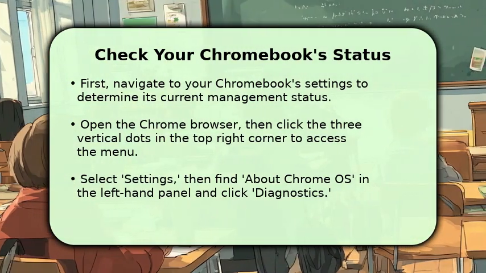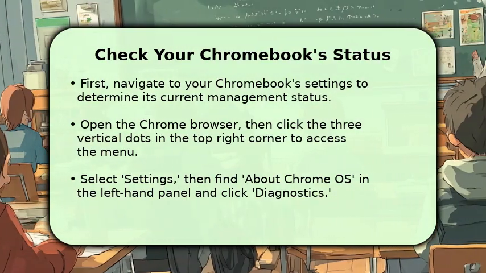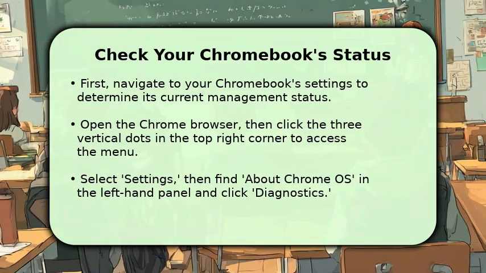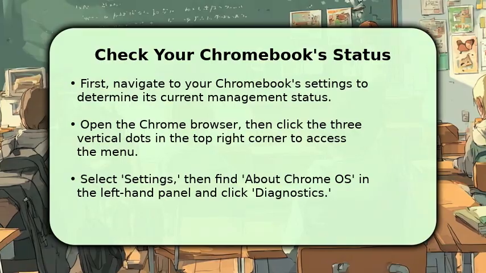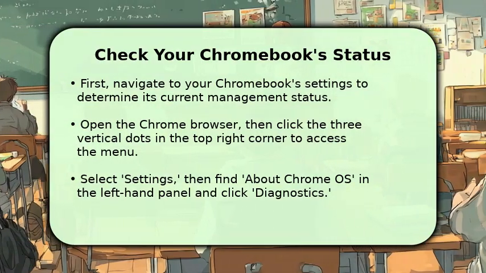Open your Chrome browser, click the three-dot menu, and then select Settings. From there, locate About Chrome OS and click on Diagnostics. You will find clear information indicating whether your device is currently managed by an institution, confirming its enrollment status and